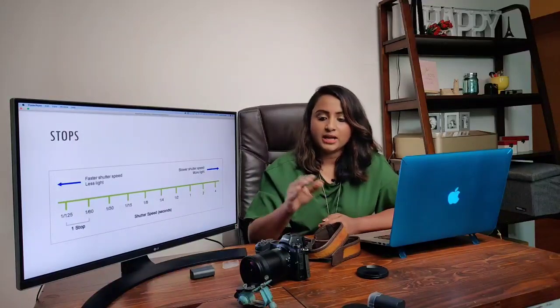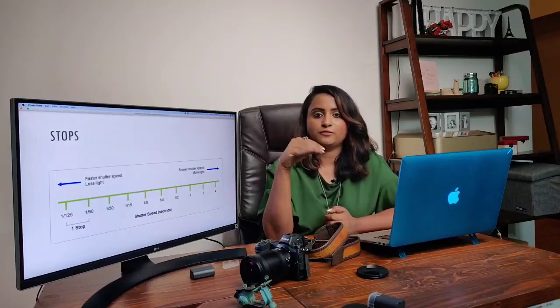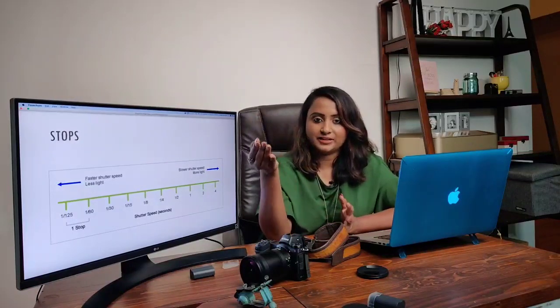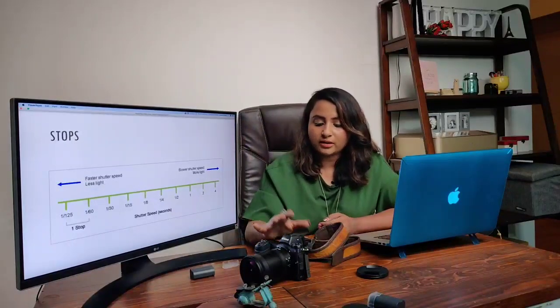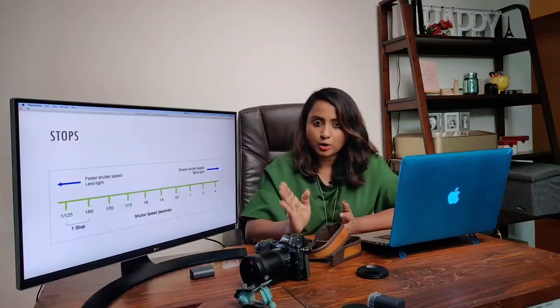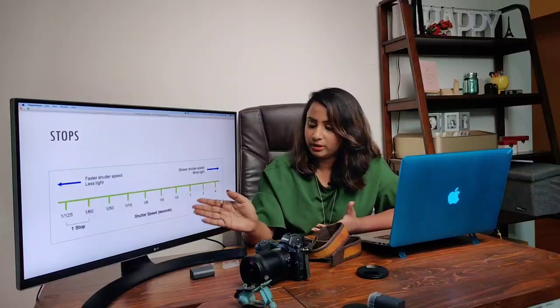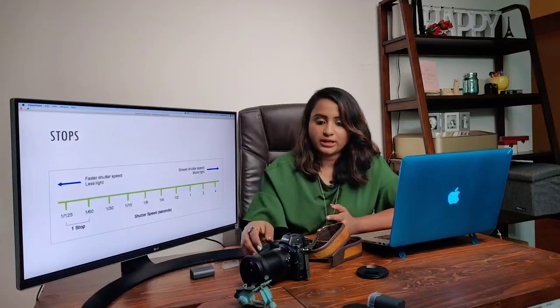like I was saying, cameras also display intermediate stops, so you may not always see the full stop. There will also be 1/3 stop and 2/3 stop in between, so that in case you want to make a slight difference, instead of doubling the light, you can use the 1/3 stop or 2/3 stop. So don't get confused. The full stops would be different from the intermediate stops, but the easy way to go about it is